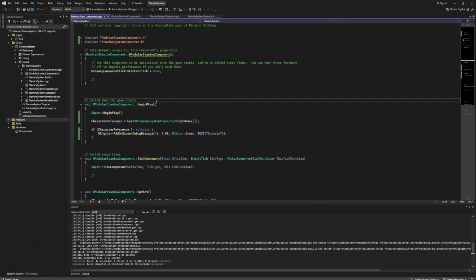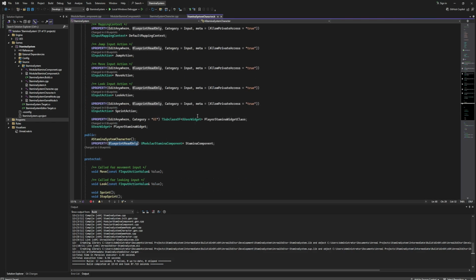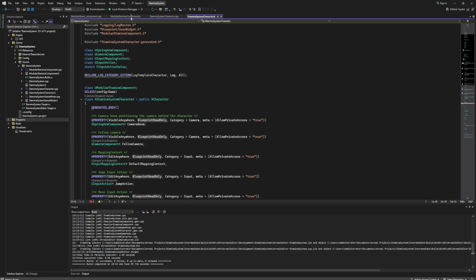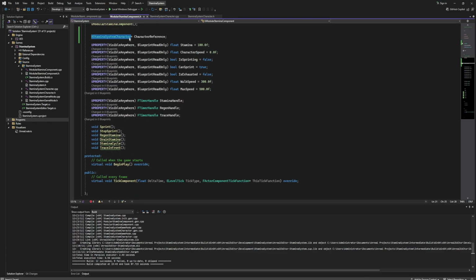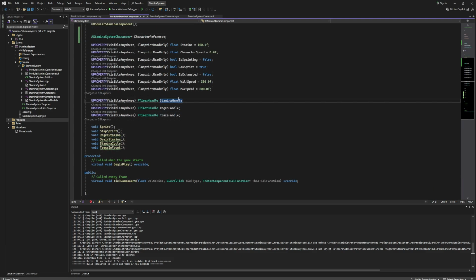Now go to your code editor, and we can now start to implement the logic for draining and regen of our stamina. So in the previous part I mentioned the thing, not this file, but this modular stamina component.h. I mentioned the thing about this stamina handle. So this stamina handle will start the timer that every 0.01 seconds will check if our is printing is true. So if it is, we want to drain our stamina, and if it's false, we want to regen it. So first,